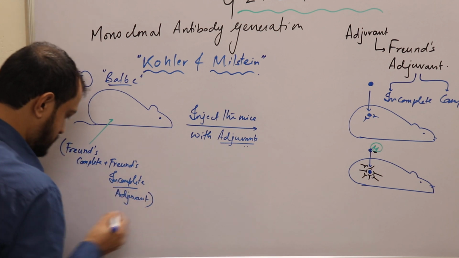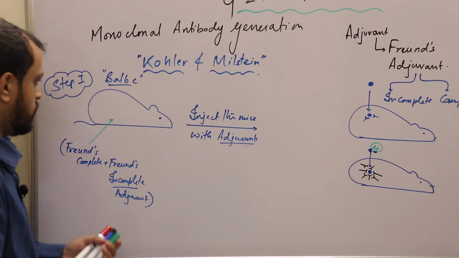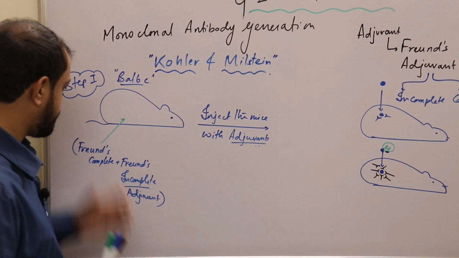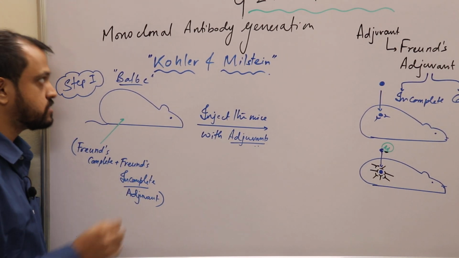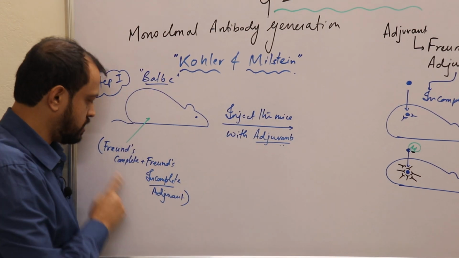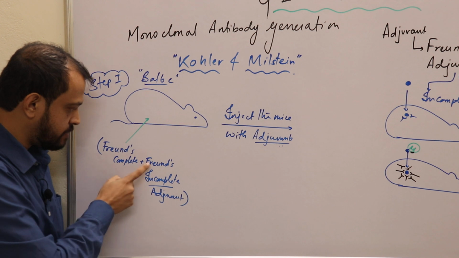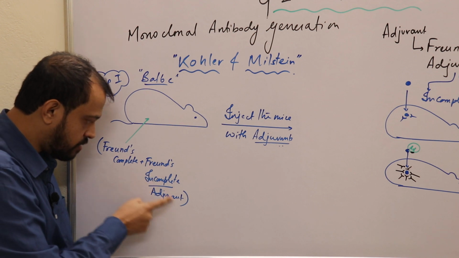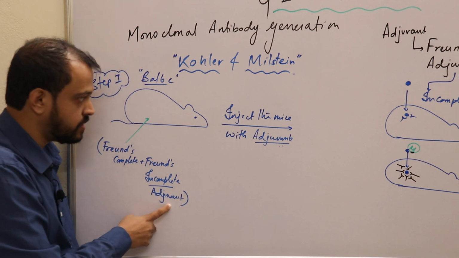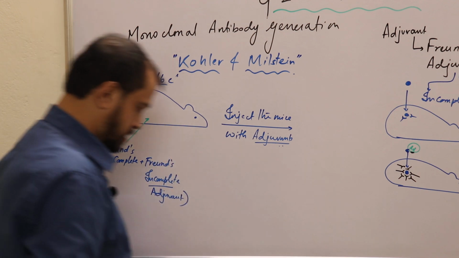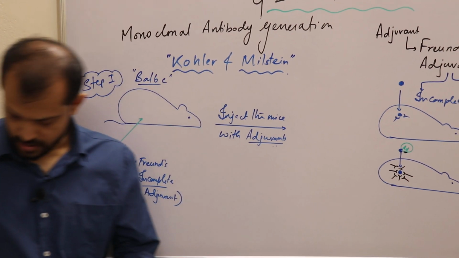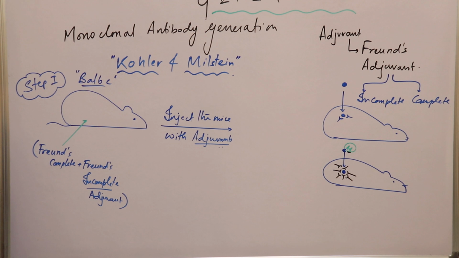That means at first, for the preparation of monoclonal antibody, you are injecting this mice with Freund's complete plus Freund's incomplete adjuvant. Okay, now what will happen is, actually